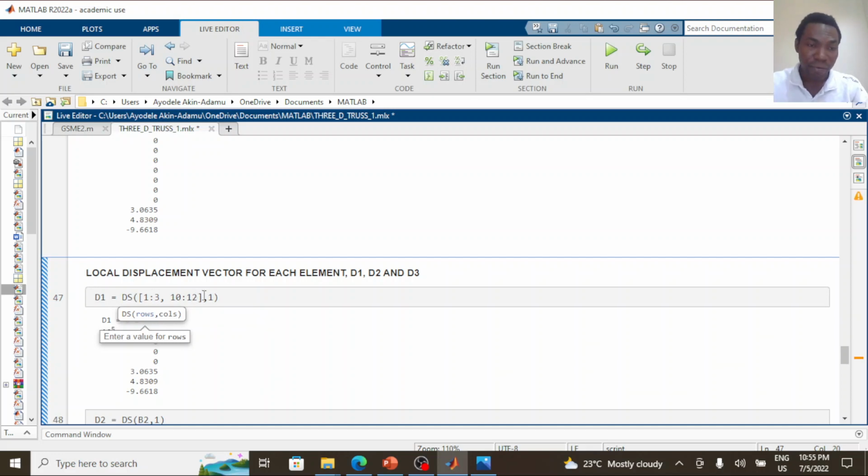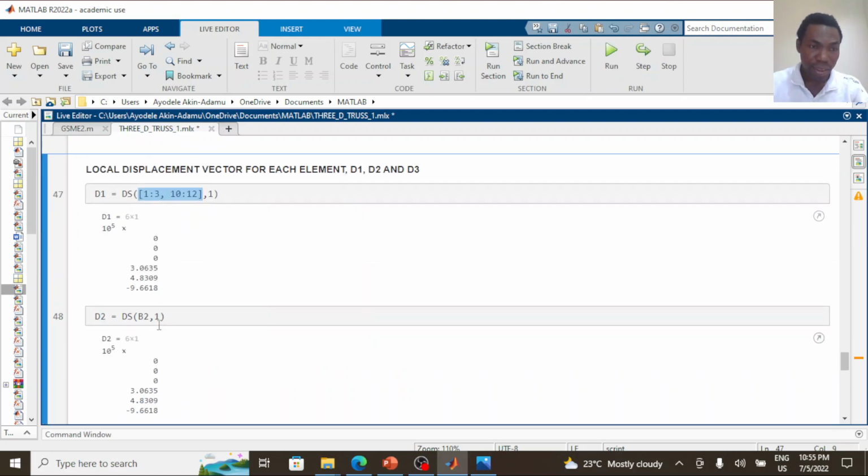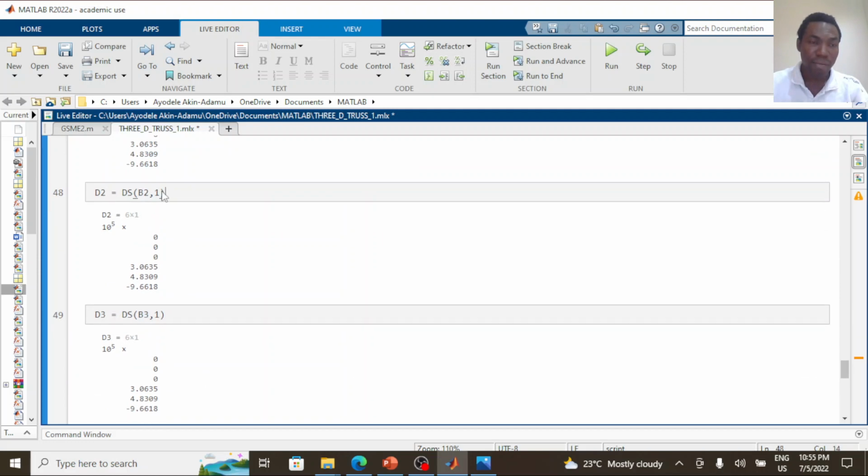But I already have a vector B1 that denotes this. But let me just leave this like this. So if you run this, we get this. We do the same thing for